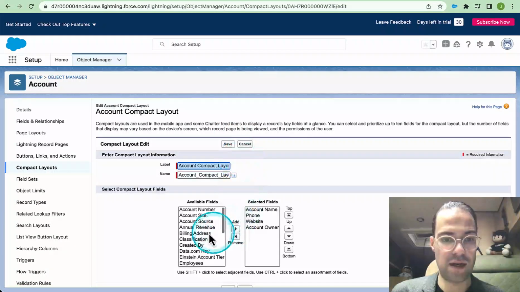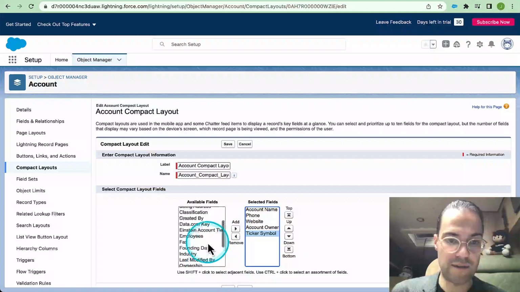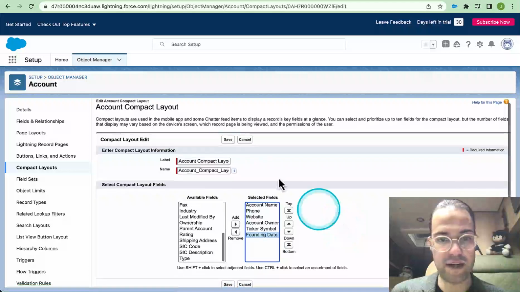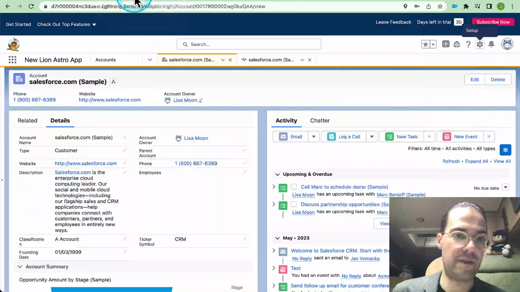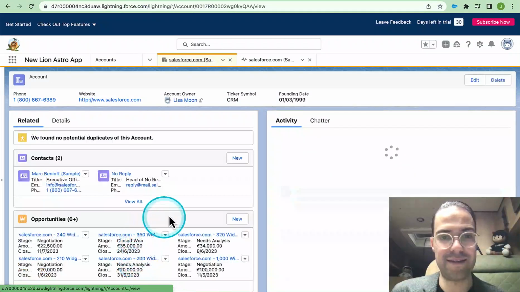Edit, and we can just add one of these fields that we created or added, let's say ticker symbol or founding date. All right, then let's save the account, go back to Salesforce, reload the page, and see the changes are